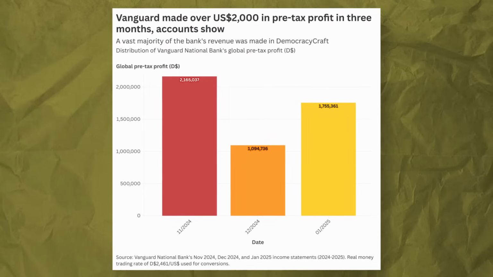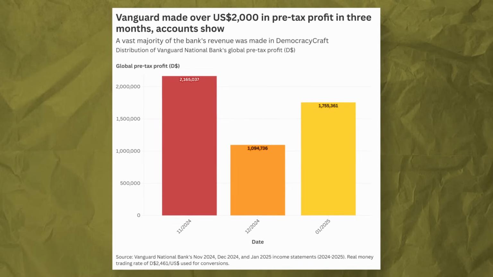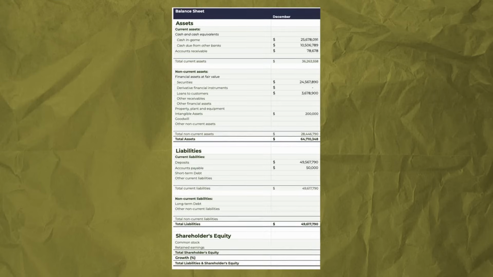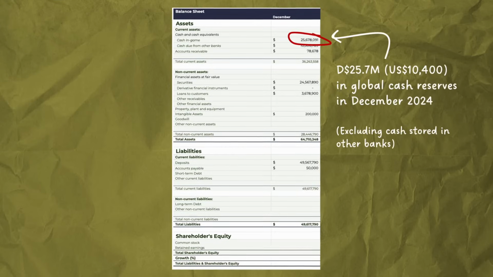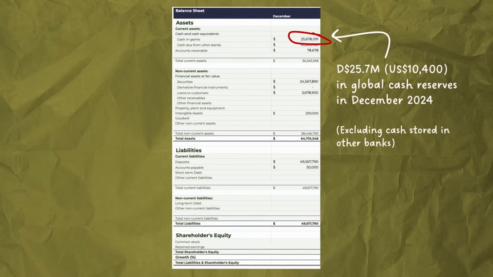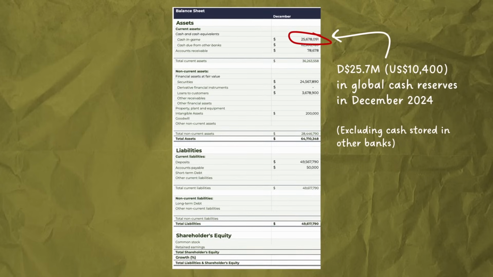2025. While these figures encompass Vanguard's global revenue, meaning that it includes profits made in other Minecraft servers, we know that a vast majority of it was likely made in DemocracyCraft. For example, Vanguard's balance sheet for the month of December 2024 indicated that it had around $10,400 worth of cash reserves worldwide. Based on the bank's internal records, such as regulatory filings and transaction logs, along with information gathered from